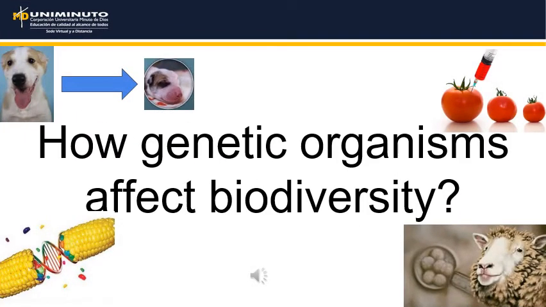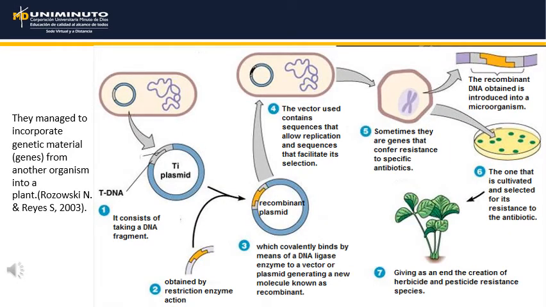How do genetically modified organisms affect biodiversity? Transgenic food. It is made by incorporating genetic material, genes from another organism, into a plant. 1. The concept is taking a DNA fragment. 2. Obtained by restriction enzyme action. 3. Which is ligated by means of a DNA ligase enzyme to the plasmid vector, generating a new